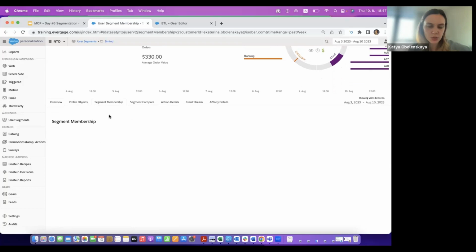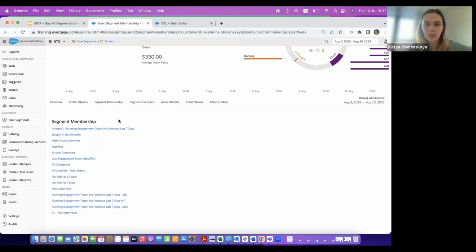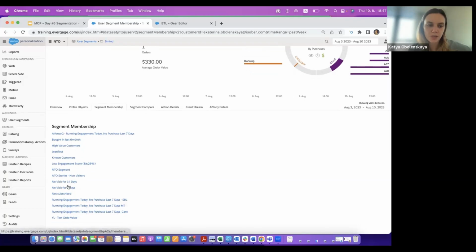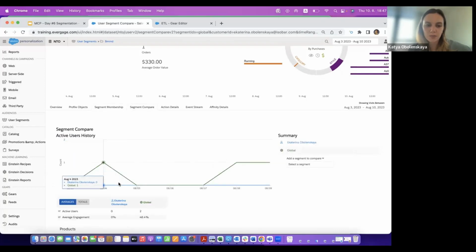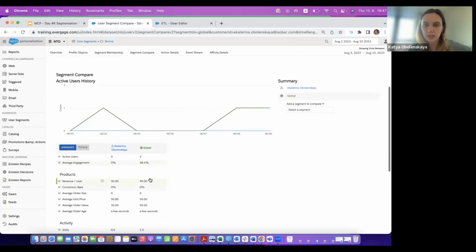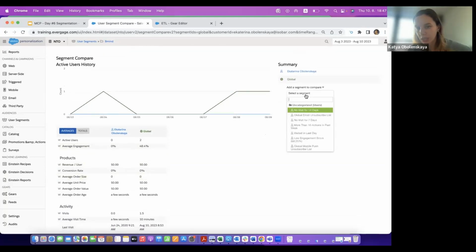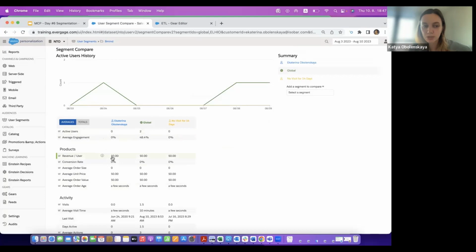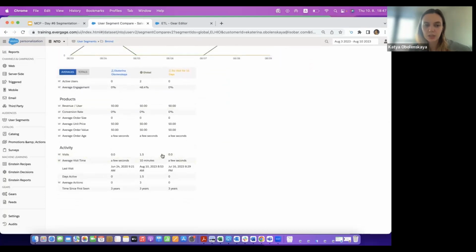It's rather important to show you segment membership, because this can also be explored. As I have some attributes and some behavior stored, based on some rules, I might be in some of the segments, and each segment can be explored from the list here. I can also compare the segments and add here, let's say, a segment "no visit for 14 days". It will be added here, and you can compare some values in averages or totals to see how